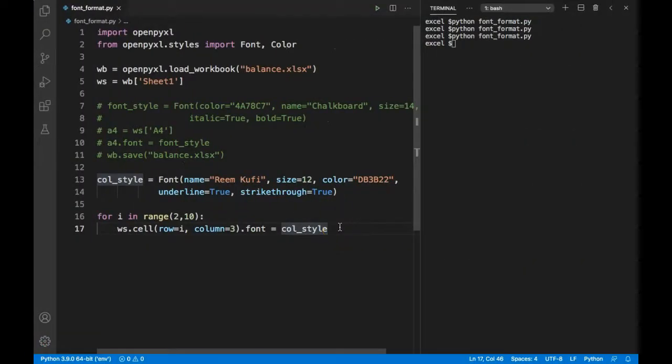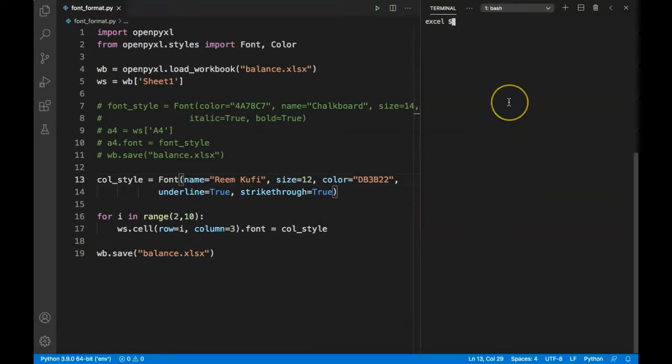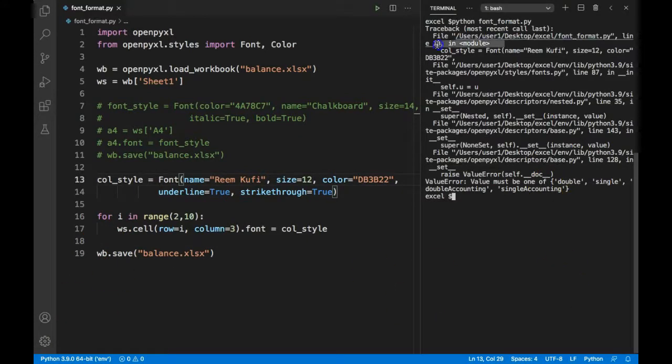All right, one last step before we do this, we have to save our Excel sheet, otherwise we will not be able to see the change. So I'll go in here and add ws.save. Let's run our Python file now, and we get an error. It's in line 13. Oh, I get it. So in underline